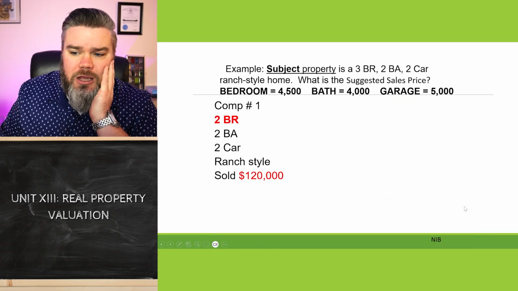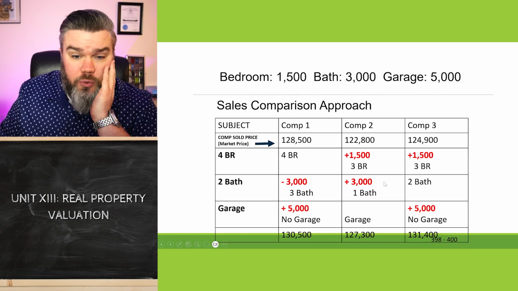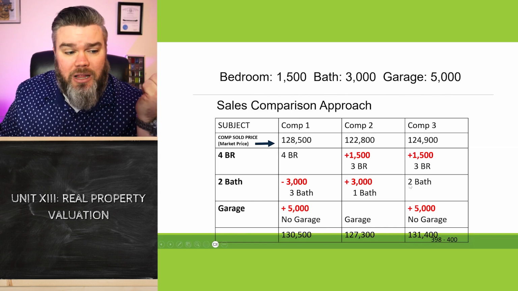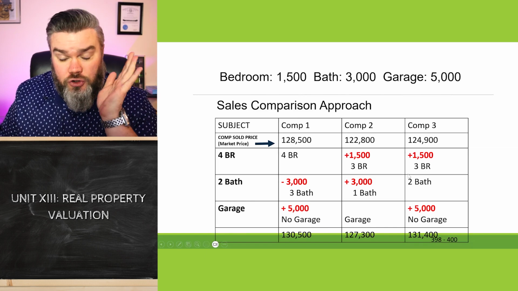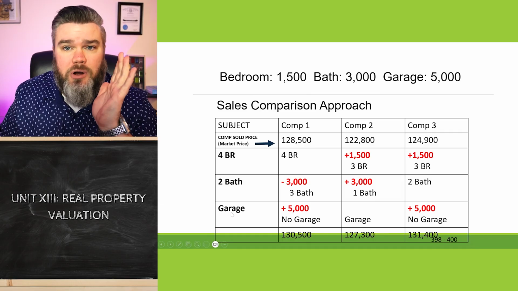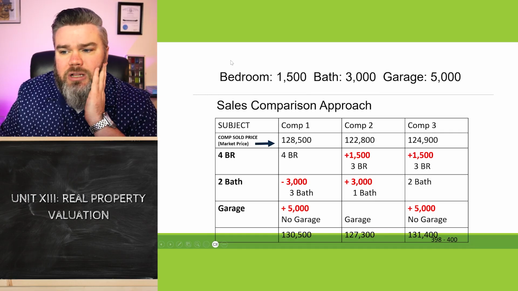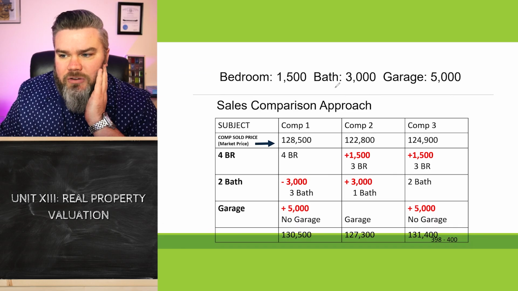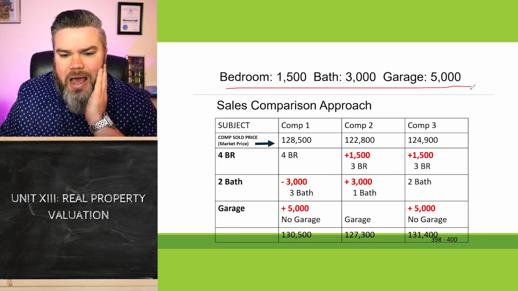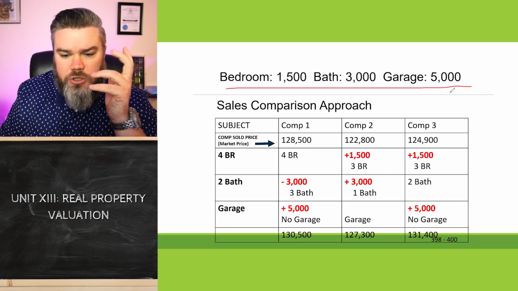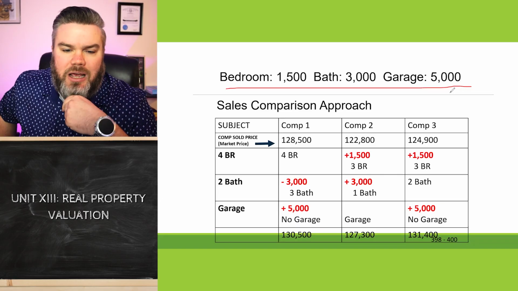The CMA is where you take 3 comparables that you've found in the MLS that you have realized are very, very similar to our subject property, and now you're making adjustments. But for the sake of pre-licensing, we've just given you the values. That's not going to happen in the real world. The way that you find those values in the real world is the example that I showed you where you look at 2 comps side by side.